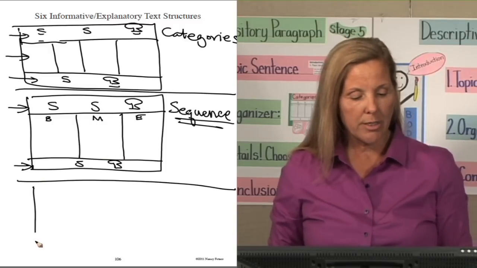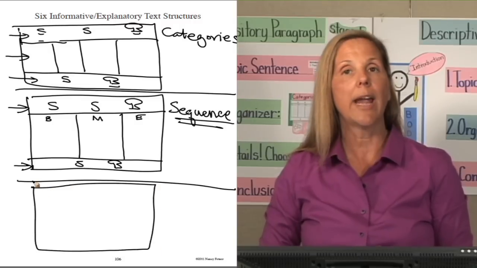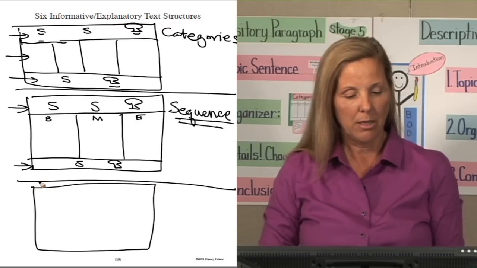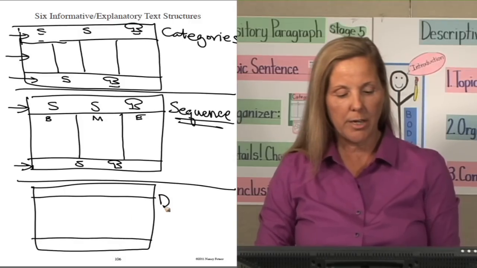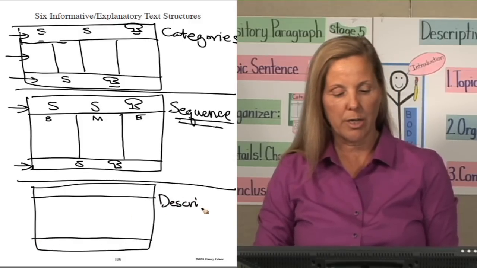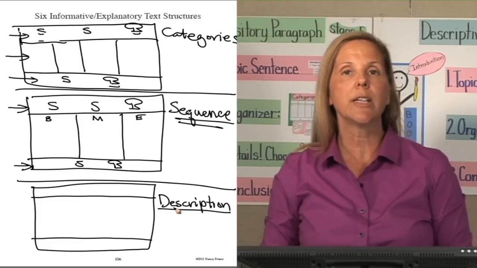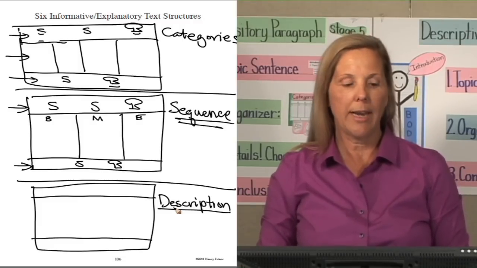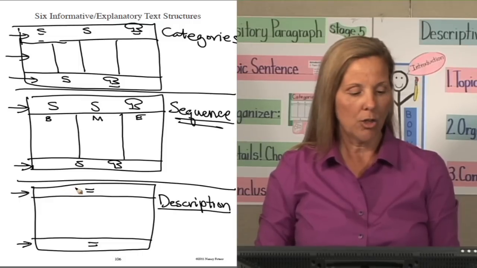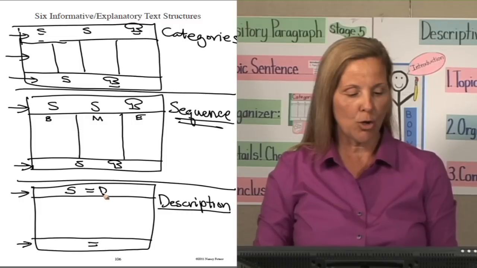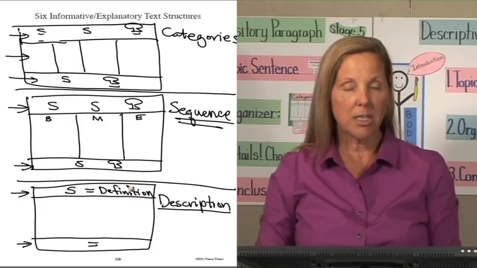The next organizer, let's put our box here, 8.5 by 11 sheet of paper. Draw a line across the top, a line across the bottom. This one is our description organizer. Our description organizer is the only one that has a different topic sentence and conclusion. We're going to put equal signs here because this will be a definition. You're going to take your subject and then you're going to have a definition of what that subject is